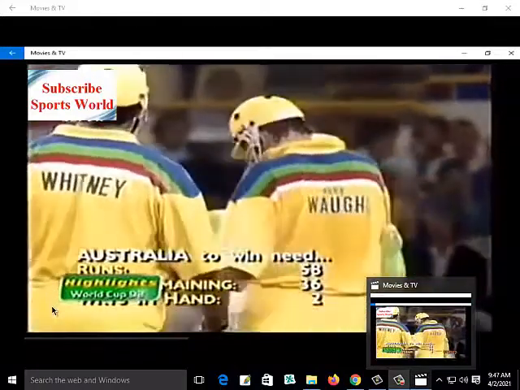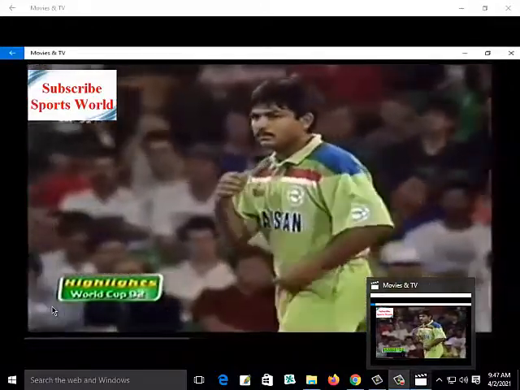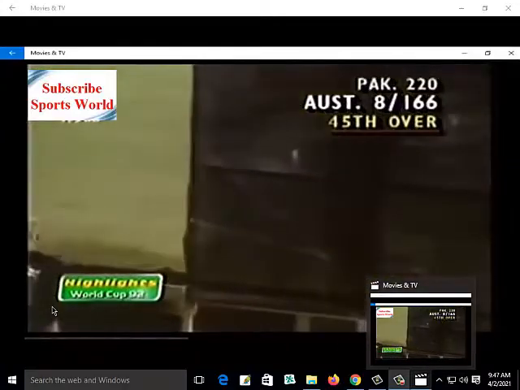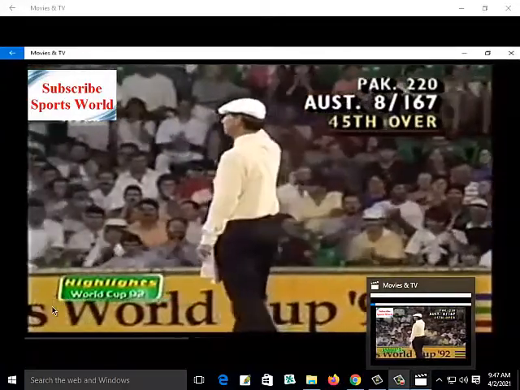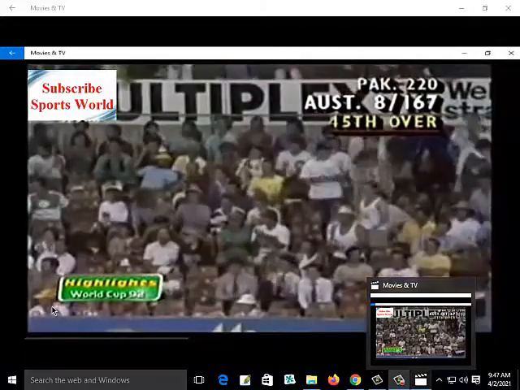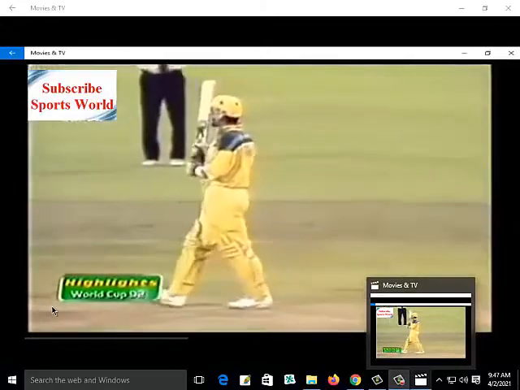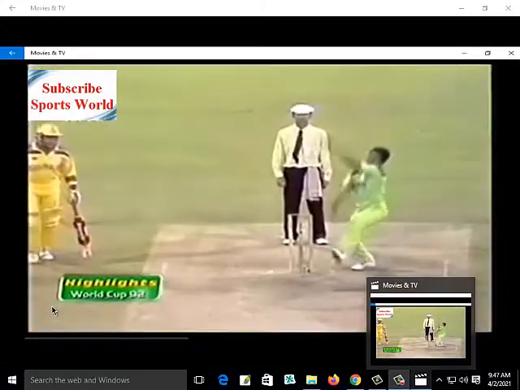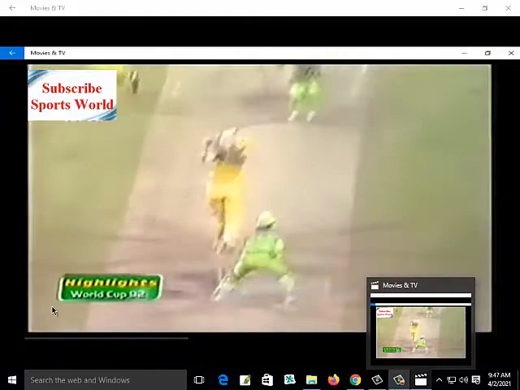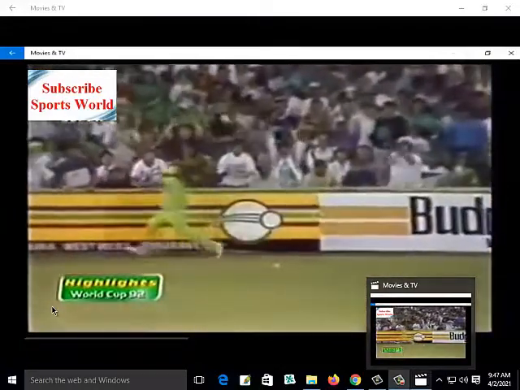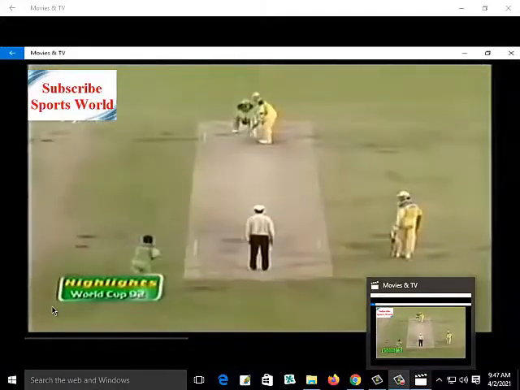In the stick of the over, I think Mark will try and charge to get some boundaries. He goes for the big hit down the long off. It's going to beat the man there. Yes, it does. That's what's needed. Beautiful stroke. He found the gap using his feet. So this is going to be the charge from Mark Waugh. Can he do it? A one-handed effort. Mark Waugh, a very fine player of spin bowlers, uses his feet well. It's very much a case of do or die now for him and Australia. And he hits this with tremendous power. It's always going to be 4 runs.